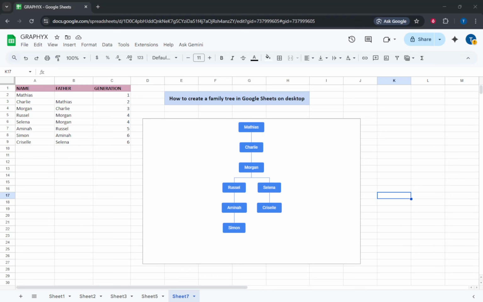In today's video, I'm going to teach you how to create a family tree-style chart in Google Sheets using the Insert Chart method on your desktop. This is a fantastic way to visualize your family history in a simple and organized format. We'll treat the family tree as a hierarchical structure, much like an organizational chart, since Google Sheets supports that kind